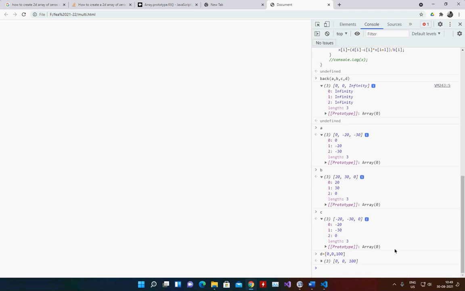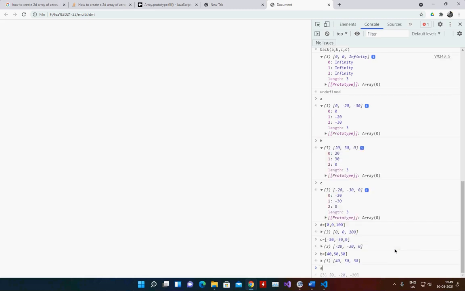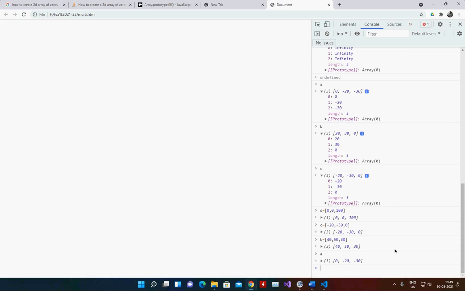So D equal to this. C equal to this. B is equal to now 40, and A is already there, so I don't need to change.